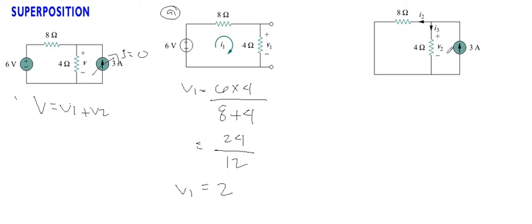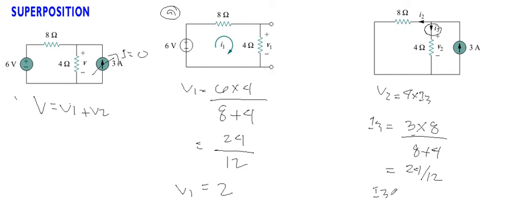So we have V1. Now, for this one, we can simply apply current division. Why? Because for us to solve the current entering this branch, after that, we multiply it by the resistance of the 4 ohms. We have V2 is simply equal to 4 times I3. So I2, I3 is what you named there. So we solve for I3. And for I3, we have 3 times 8 over 8 plus 4. We have 24 over 12, and we have I3 which is equal to 2